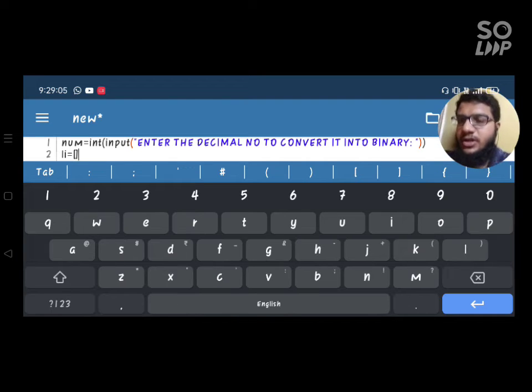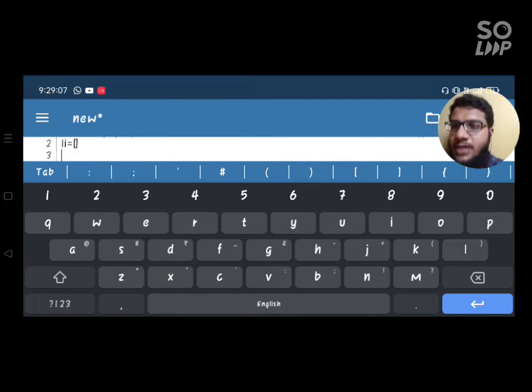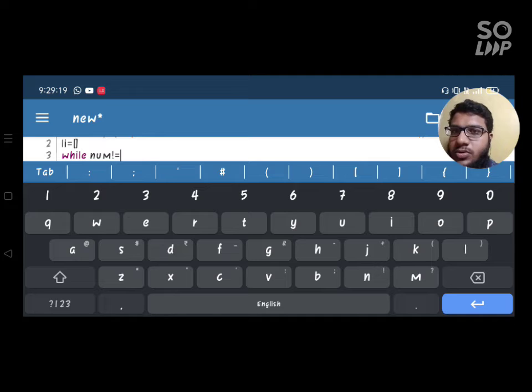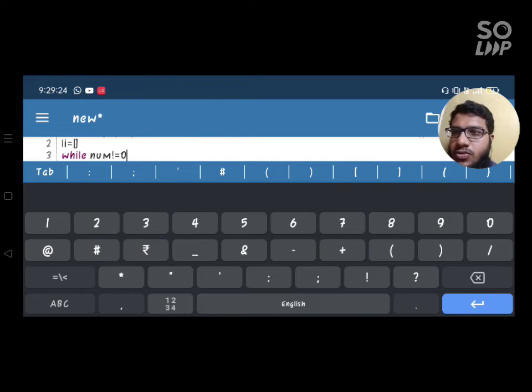So here I have made one list, and after that I'll be using a while loop: while num not equal to 0.